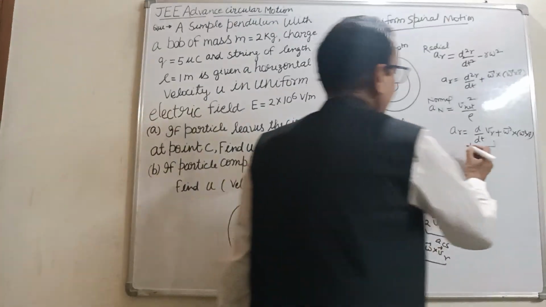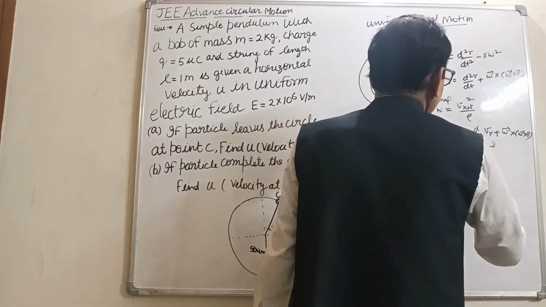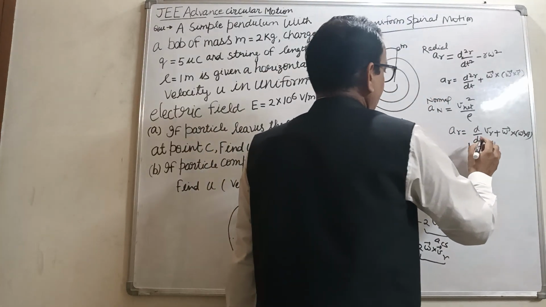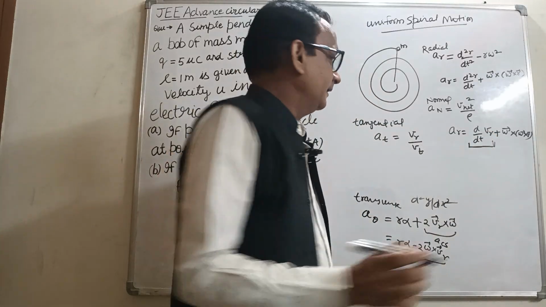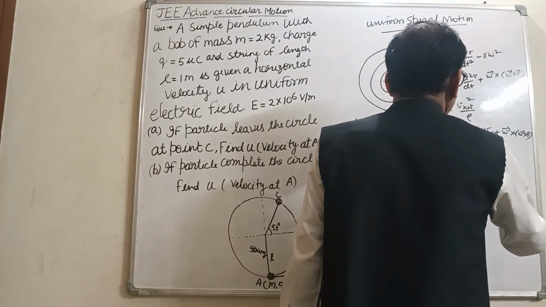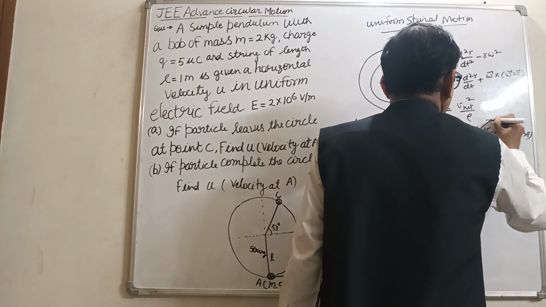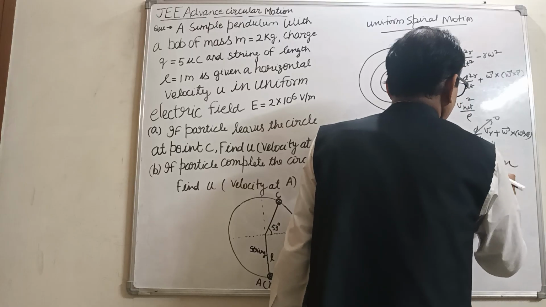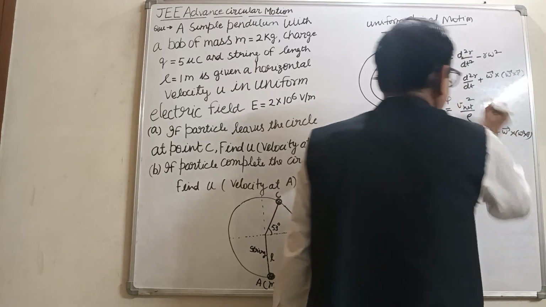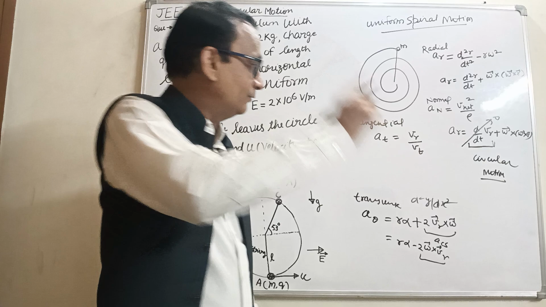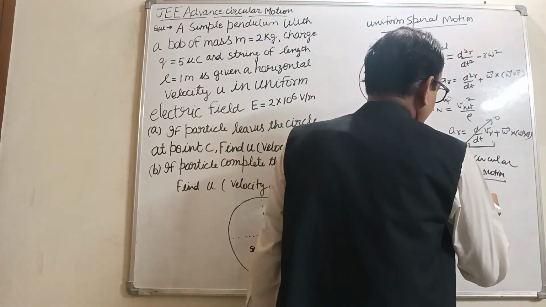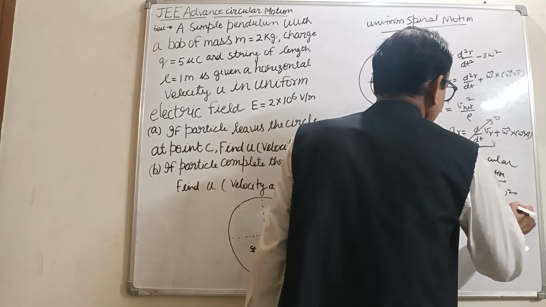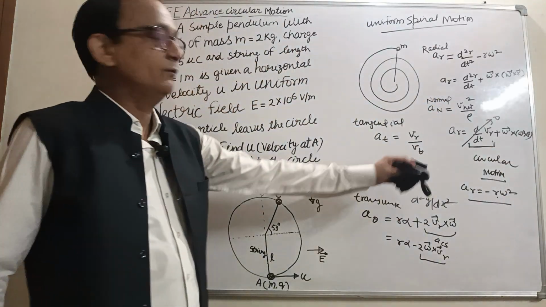So this is a radial velocity, and when we talk about the circular motion, this radial velocity becomes zero. This term becomes zero for circular motion. If the motion is circular, this radial velocity becomes zero. So the only term remaining here is minus r omega square. So radial acceleration would be minus r omega square.